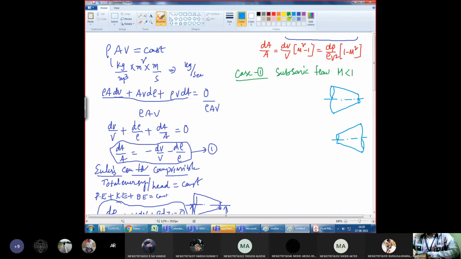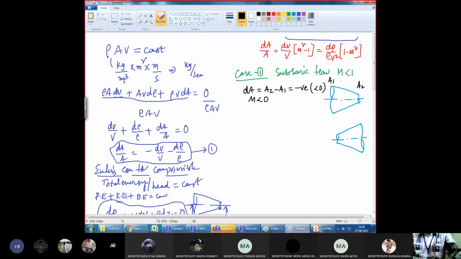Now here, if you see the first one, please concentrate, very, very important. For this cross section, what is the dA value? This is A1. This is A2. What happens to dA? dA means the difference of area, that is outlet area minus inlet area, final minus initial. Is it positive or negative? Negative. Negative means it is less than 0. Agree? And we are assuming subsonic flow, for that Mach number is less than 1.